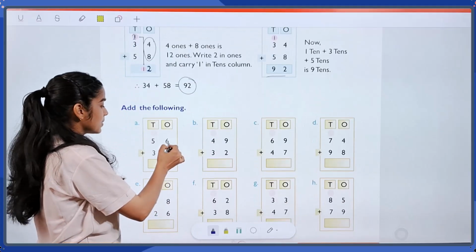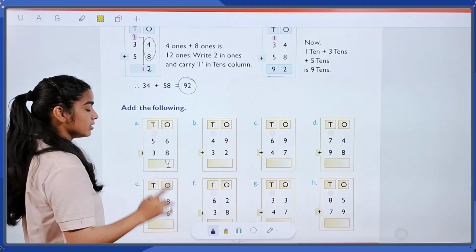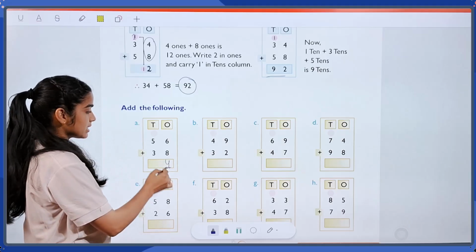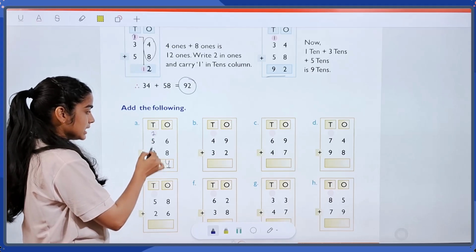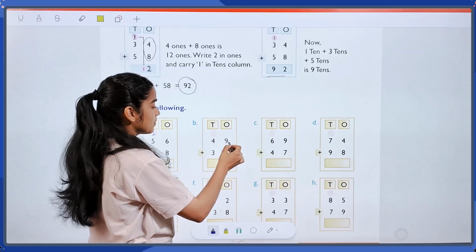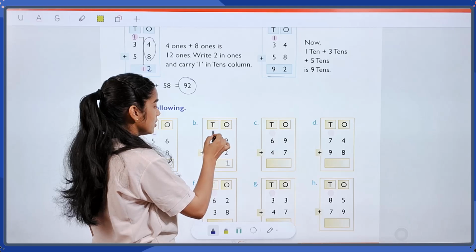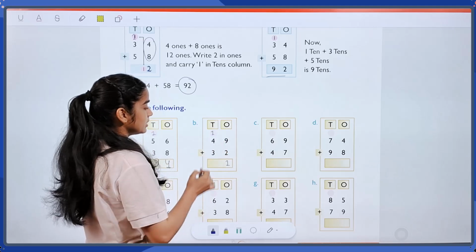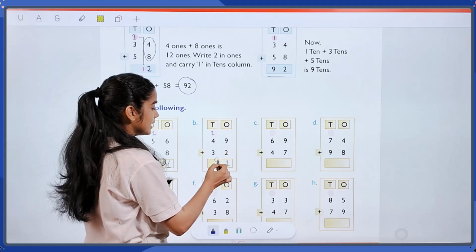Now 6 plus 8 is 14. The last digit we have to write here, 14, so 4 we write here, 1 should be here. 5 plus 3 is 8, 8 plus 1 is 9, 94. 9 plus 2 is 11. Now 1 we carry on top of the other addends. 4 plus 3 is 7, 7 plus 1 is 8. This is our answer,